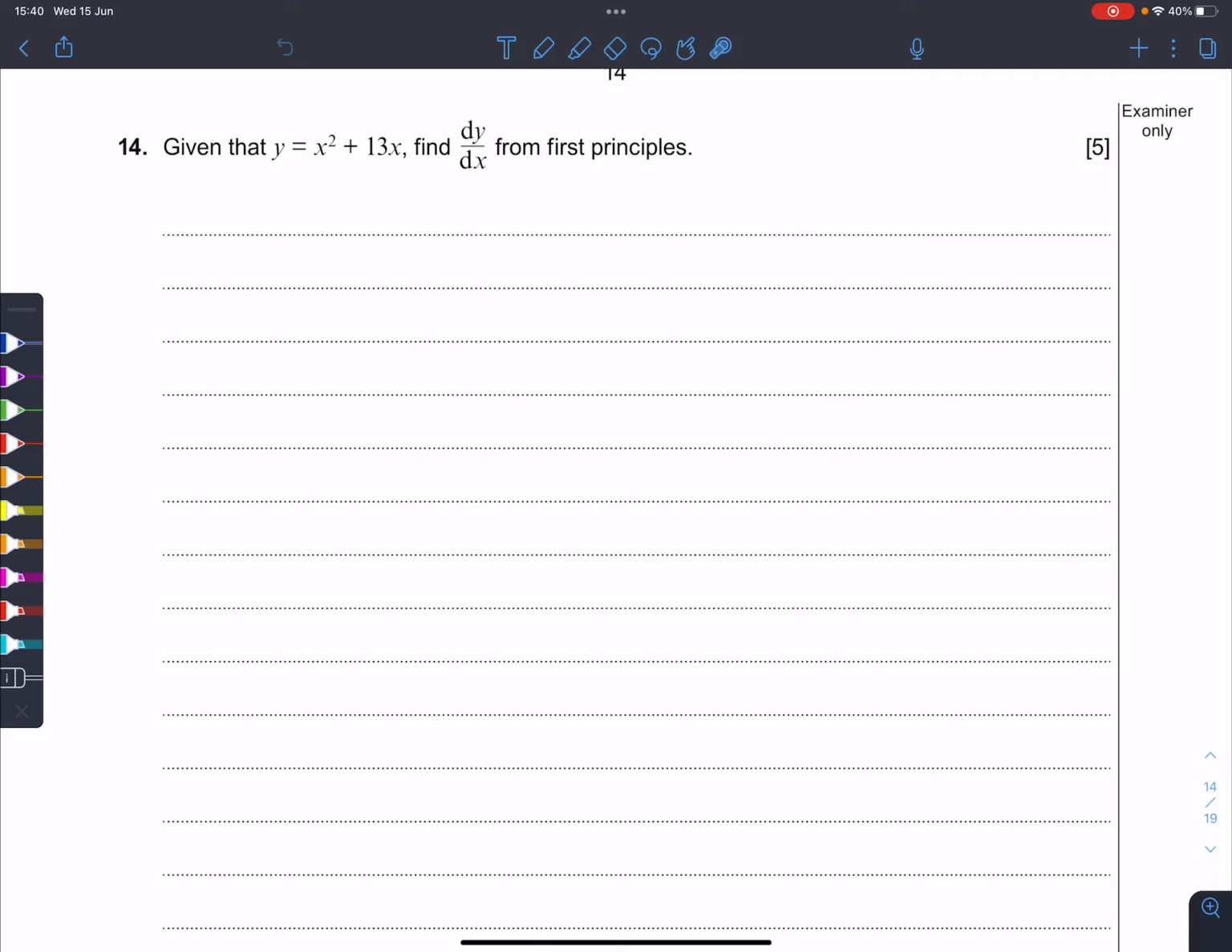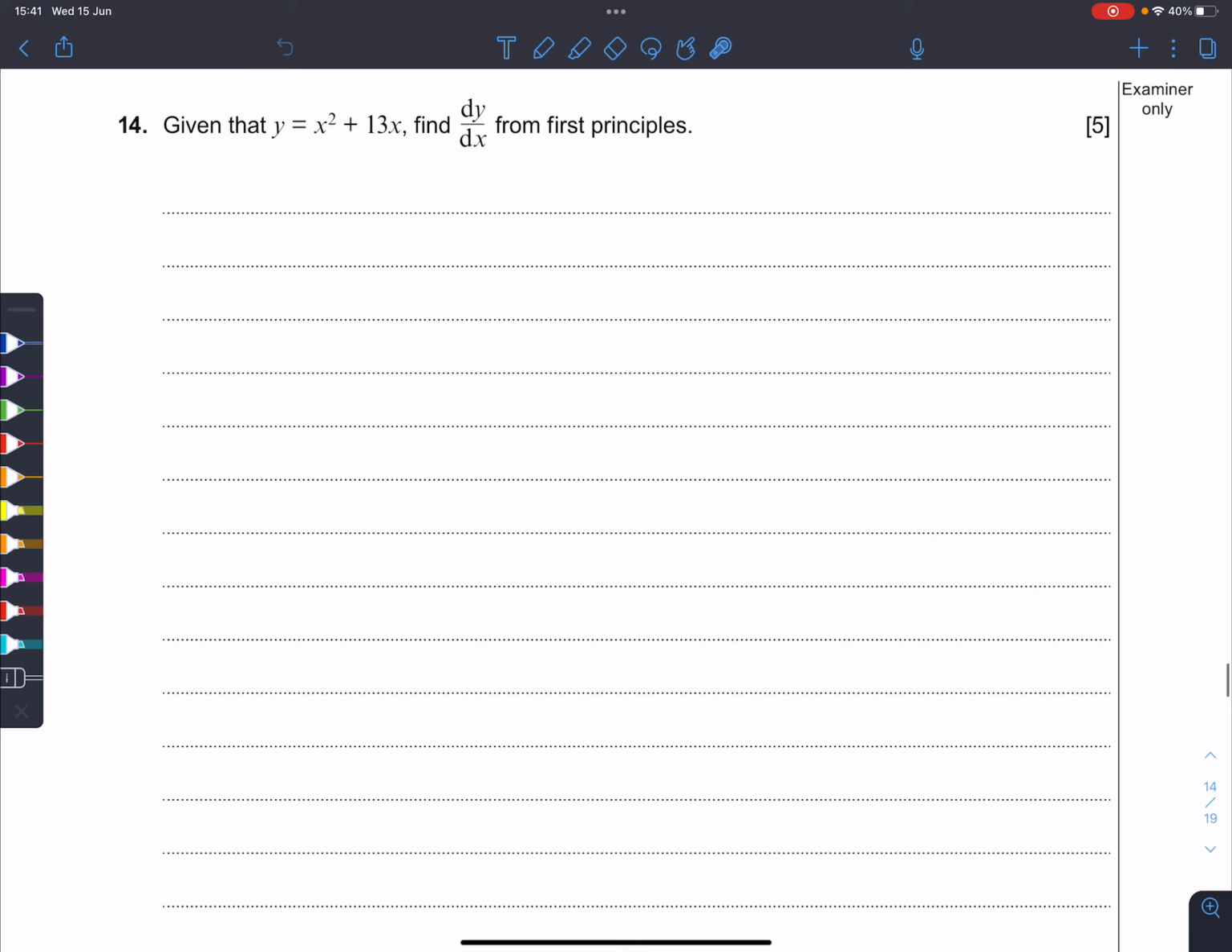Okay, this is question 14 on the 2018 additional maths paper from WJEC, and this is a first principles question. With first principles, I ask you to find dy by dx, but my preference is to call it f of x instead of y, and then find f prime, or the derivative. You can still call it dy by dx if you really want to, it doesn't make a difference, but I prefer to write it as f of x, and then f of x plus h is a little bit further